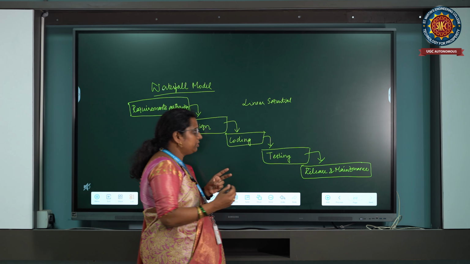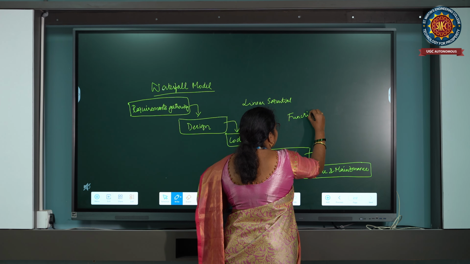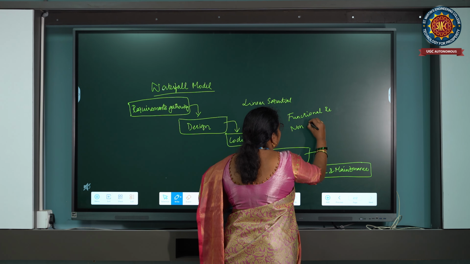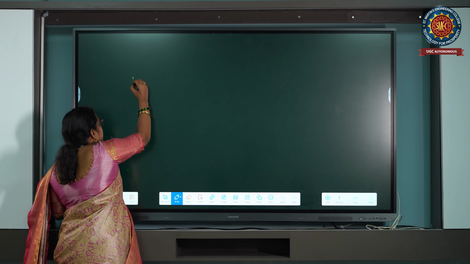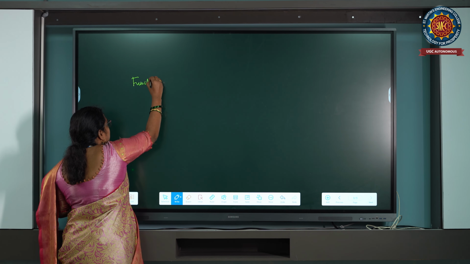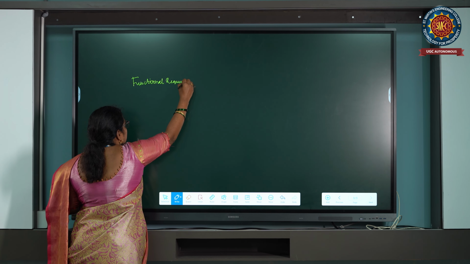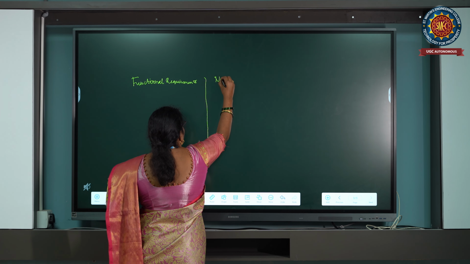In that you have two things. First one is the functional requirements, and next one is the non-functional requirements, right? Now we'll see what are functional requirements and what are non-functional requirements.